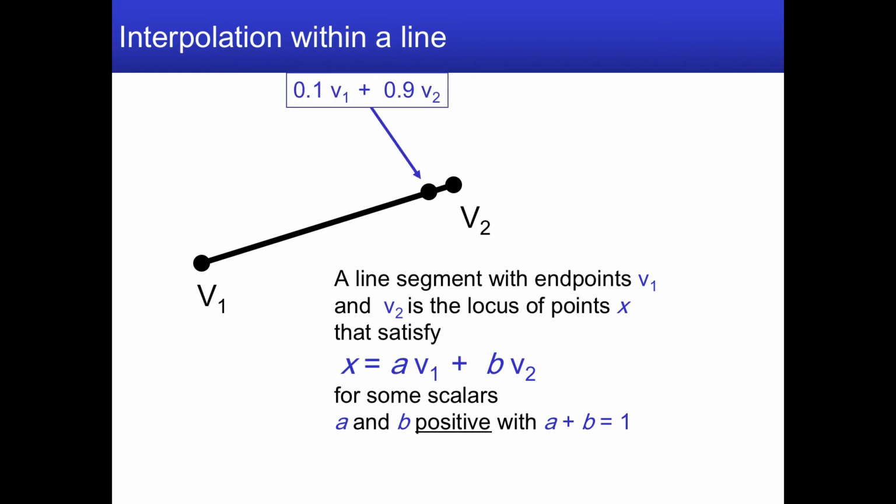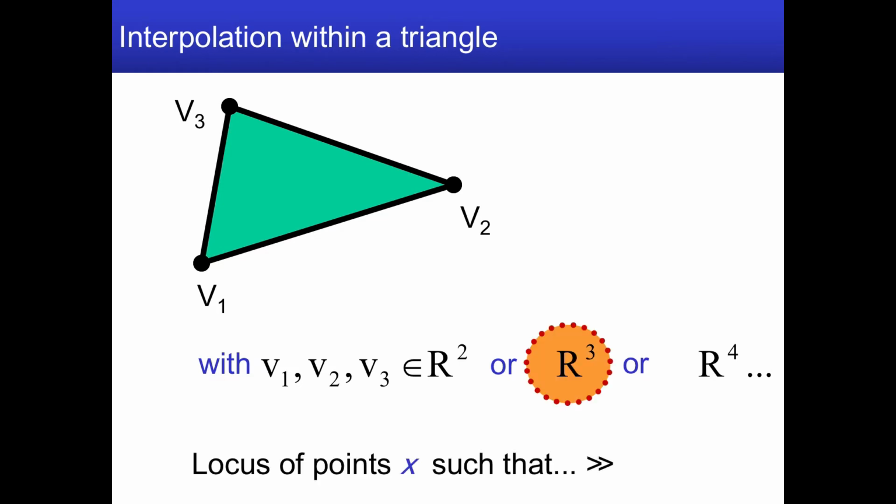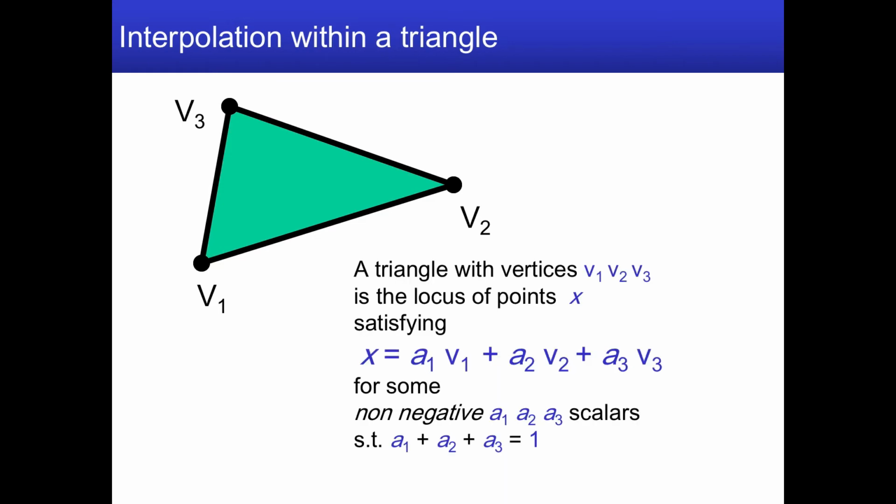Okay, so here the thing is, if you vary these two, actually constant, right? You're actually interpolating, you are actually expressing all the points within the line. And similarly, you can do the same for a triangle, right? What you use is called barycentric coordinates that I already explained. And if you have 3 points, let's say in 2D space or in 3D space, which is the space that we are using,